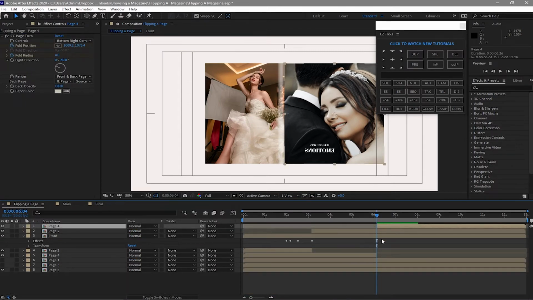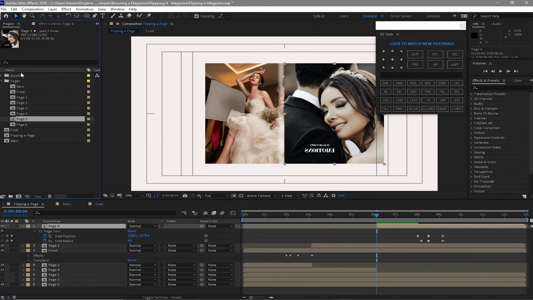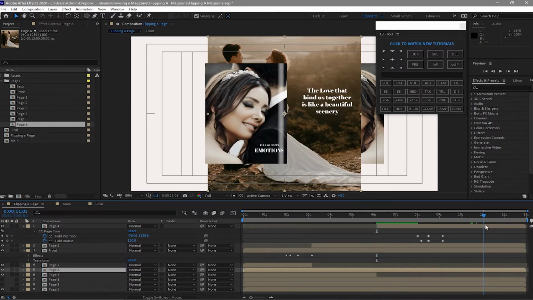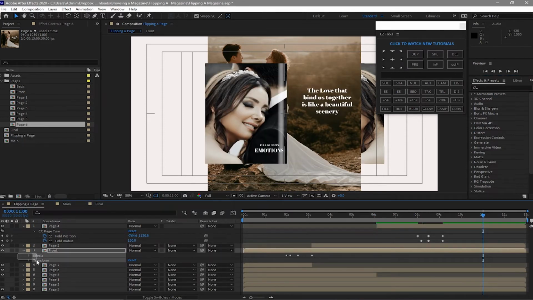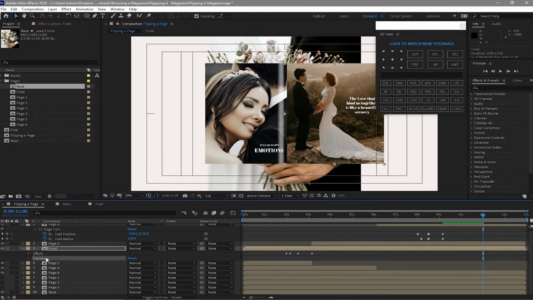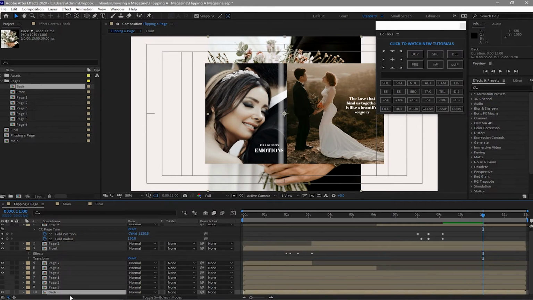And I will again press U, go back to project and drag down your page 6 and just put it below the page 4, and then move your playhead to about 11 seconds. Copy these effects and transform by clicking Control C on your keyboard and paste it to the page 6. So now you have to bring down the back too in your timeline. Copy the transform, Control C, and go to the back composition and Control V to paste it.